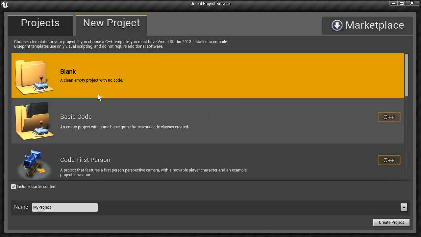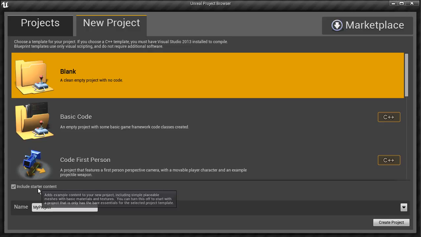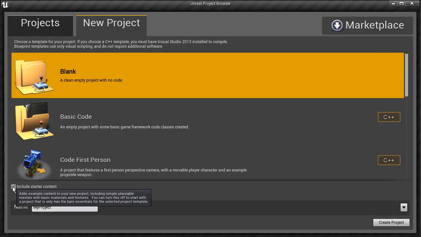Okay. Now, before we create a blank project, we want to go ahead and make sure that we include the starter content. What that's going to do is give us some props and static meshes that we can bring into our levels to get started very quickly. Then we want to give our project a name. Essentially, this is going to be a new folder. So you'll want to give it a name, and in this case, I'm going to call it